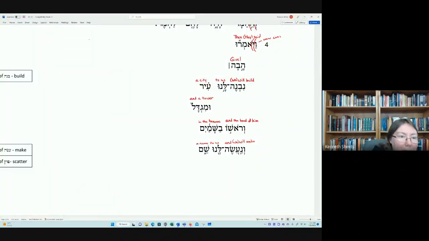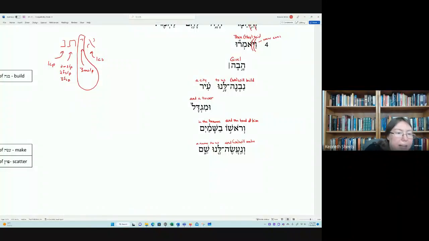And as we've seen, there are 4 imperfect performatives: the aleph, the yod, the tau, and the nun, where the aleph indicates that the subject is first common singular. The nun indicates that the subject is first common plural. The yod indicates that the subject is either third masculine singular or plural, and the tau is the catch-all indicating that the subject could be anything else. So it could be second masculine singular or plural, second feminine singular or plural, or third feminine singular or plural. In this instance, we're looking at the yod, so we know then that we're looking at third masculine singular or